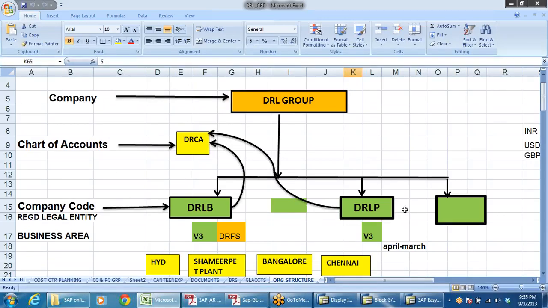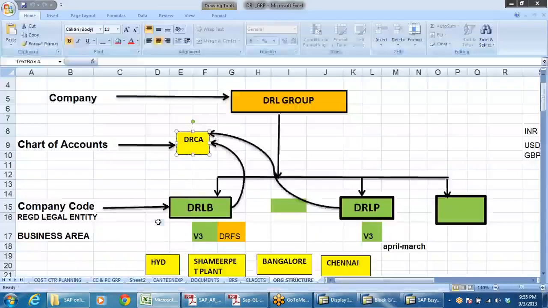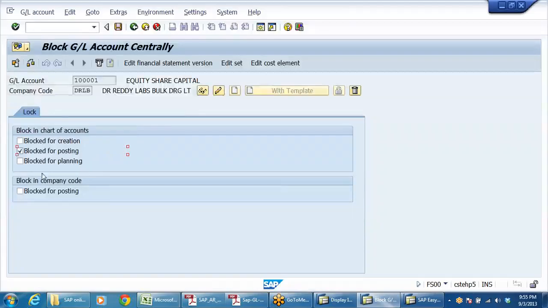If I have more than one company code, and if I want to block a particular GL account in all company codes, I'll be blocking at higher level, at chart of accounts level. That is, here if you block, then no company code can use that particular GL account. Rather, if you want only this company code, you can block here, block for posting, block for creation, block for planning. So for all those things we can block it.